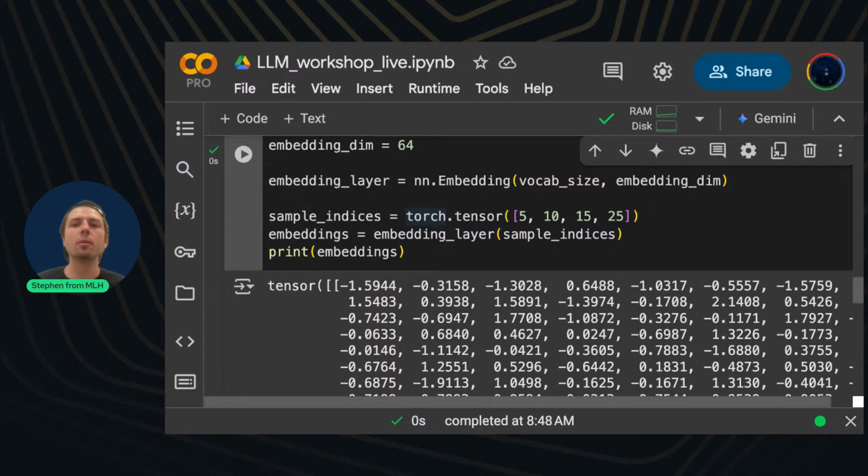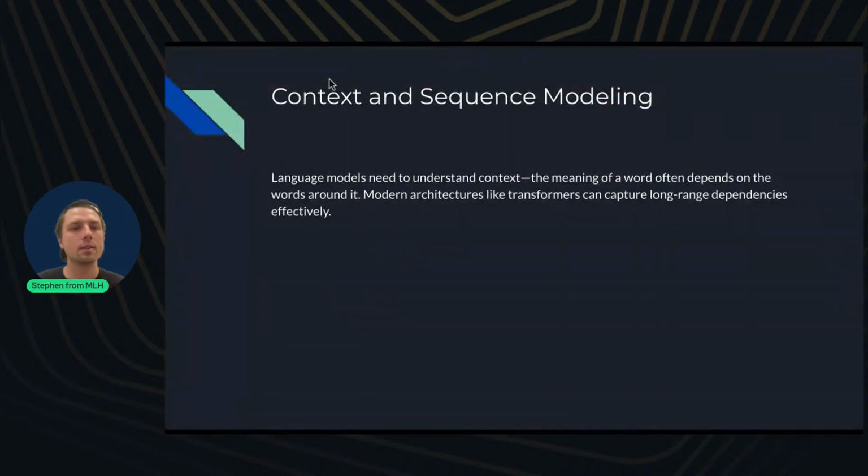So maybe we can do one more concept, because then we can wrap up this part where we talk about the transformer concepts, okay? And that's context and sequence modeling, all right? We don't have any interactive example here, but large language models need to understand context.